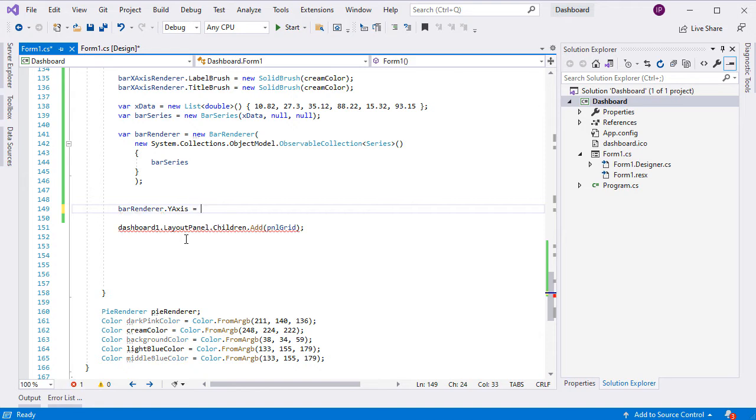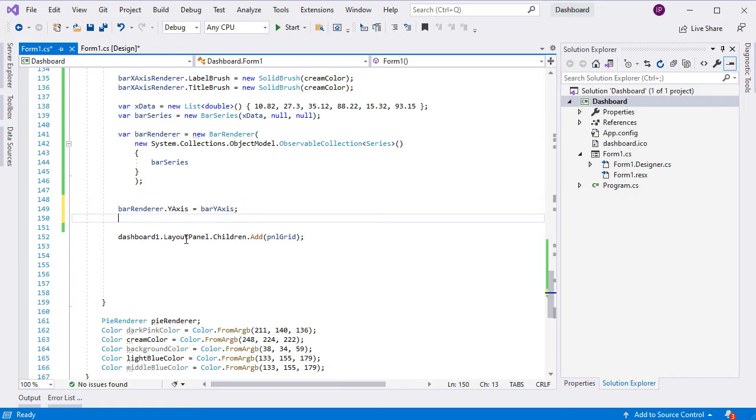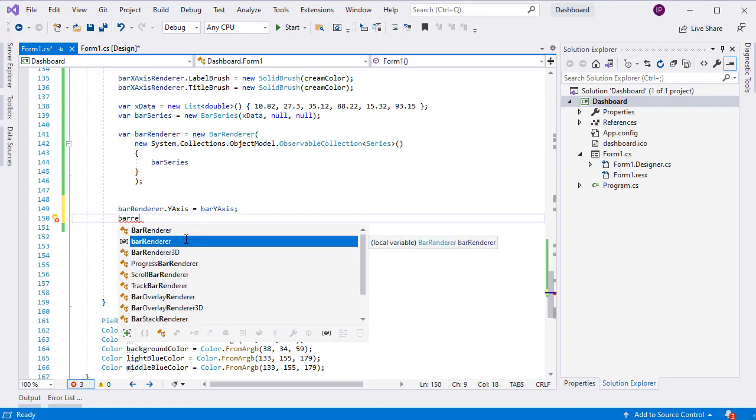A bar renderer has properties for the x and y axes, which we have to assign if we want our bar chart to render correctly.